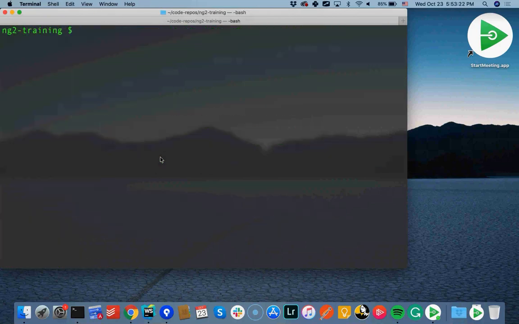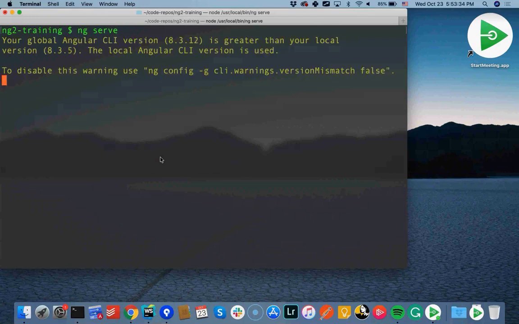Let's clear my terminal. This is an Angular project that I have on my machine. I'm going to use Angular CLI, which is always the ng command. So Angular CLI is ng. And here I'm going to do ng serve, which is going to go through all of my project, compile all of the code, start a web server on my machine, and then serve that project on my machine. So it does everything at once with one command.